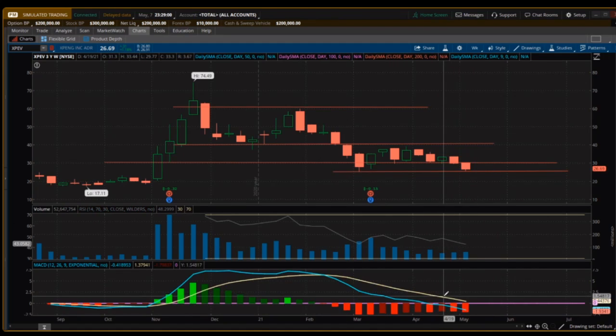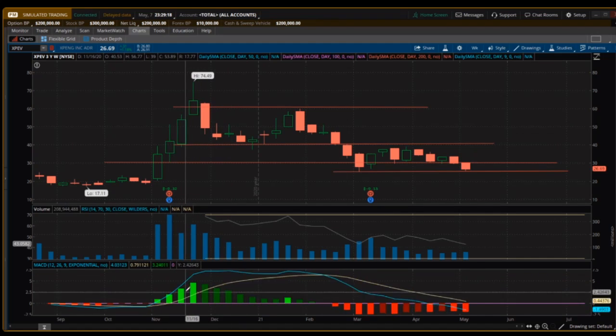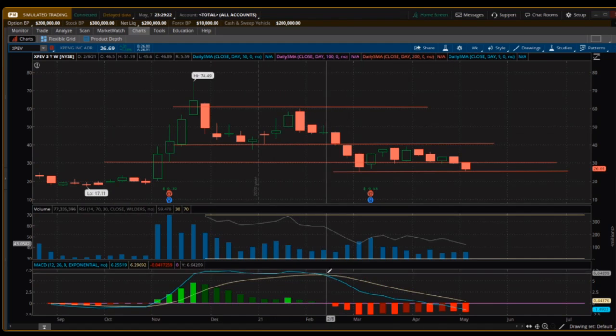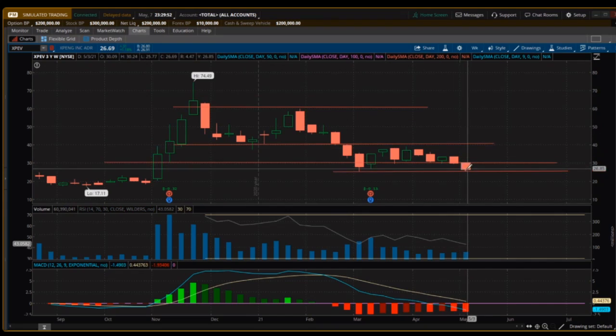If you look down here at the MACD, I'm going to have to do some more teaching, but MACD is basically another indicator for momentum and if something's in positive or negative momentum. So this purple line right here, when the stock is above that and this blue line is above the white line, that's a bullish trend. So that means it's going upwards. But when you see the blue line go below the white line and you start seeing it break below this purple, that's showing a potential downward cycle, which we can see on the chart as I just laid out. So right now this is below the 0 mark, which is not a good sign if it stays down there, and the blue line is pretty significantly below the white line. So right now this is in a downtrend, and if it breaks the support, it has some more downward